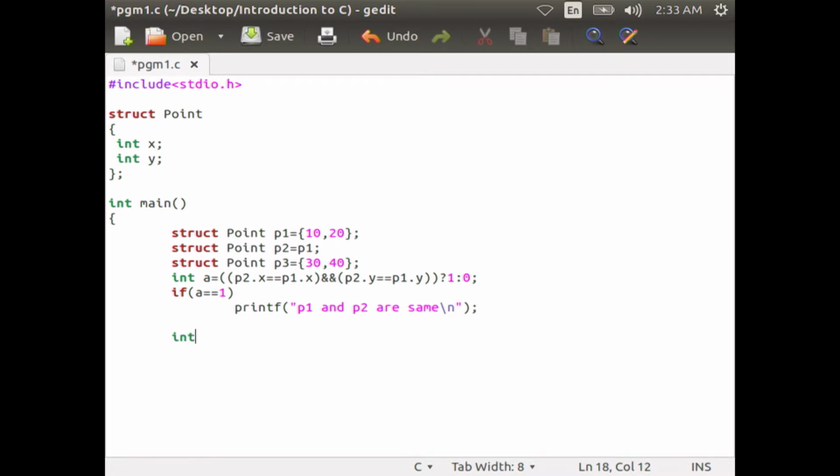Int b = P1.x == P3.x && P1.y == P3.y ? 1 : 0. If b equal to 0, printf P1 and P3 are not same, return 0 and close the brace.